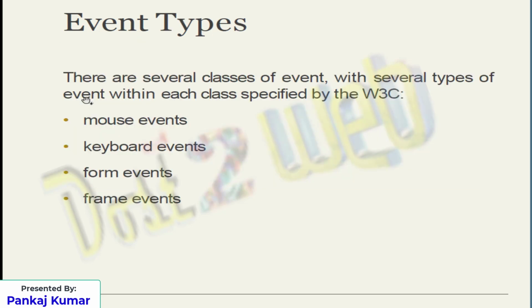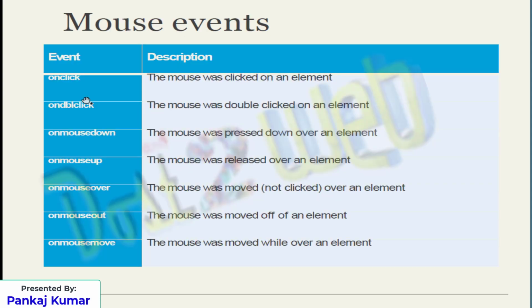And we know that we have several types of events, right? Like mouse events, keyboard events, form events, frame events. These are the events we have in JavaScript. That means mouse functionality, right? Suppose you left click, right click, double click, or scroll up. These are mouse events. Keyboard events, like the up arrow key. These all are events, right? Form, what you are going to do with the form. Frame, these events are all there, okay? And